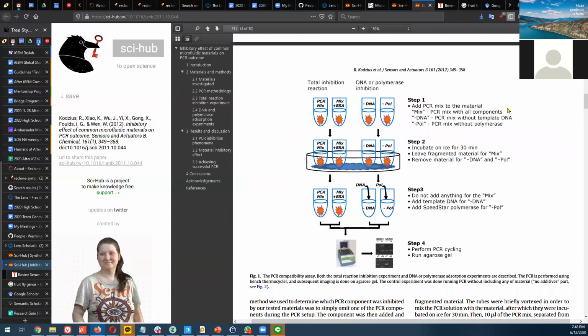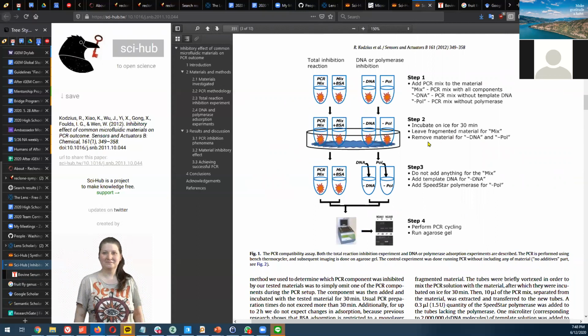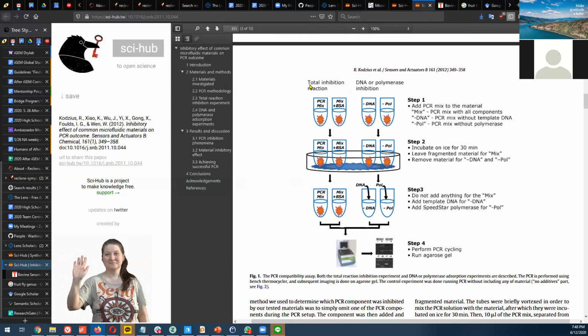I am going to skip to what did they do. So I'm looking at this figure. I'm literally skipping to just looking at the figure. If I wasn't in wet lab, I wouldn't really know how to interpret this. So I might ask somebody in wet lab, but just looking at it, they have little tubes. They have something with BSA, something without DNA, something without polymerase. If I don't know what polymerase is, I might just search it up. They have all these things. They put it on ice. So what am I trying to get out of here? If I looked at the figure for a couple seconds and still don't get it, I'm going to move on